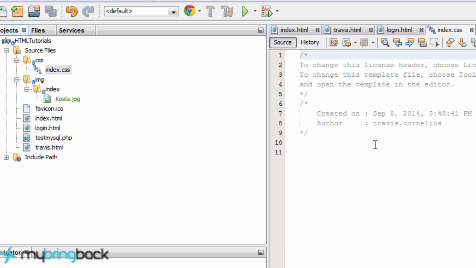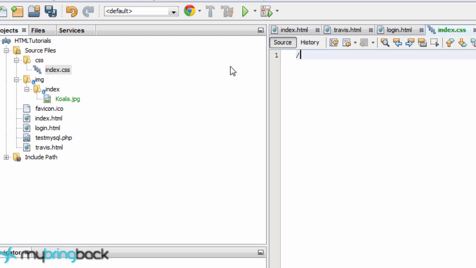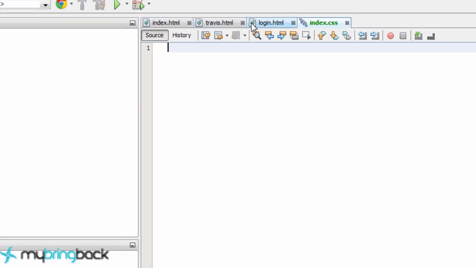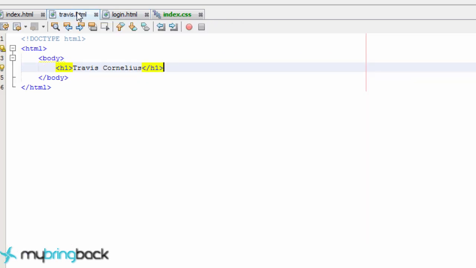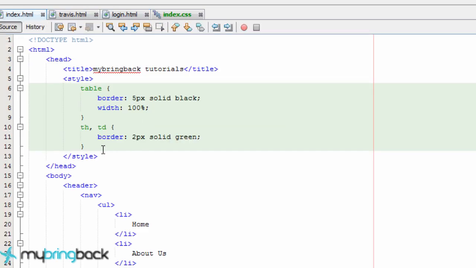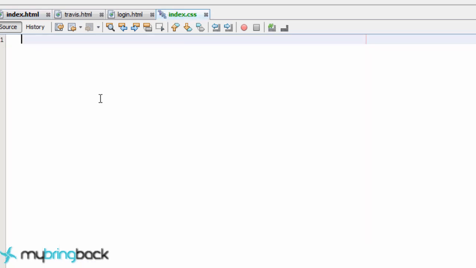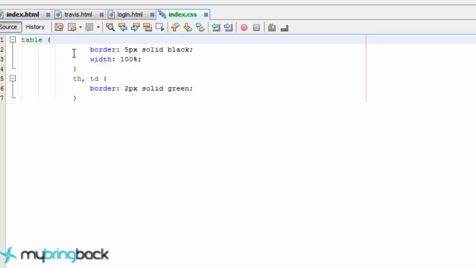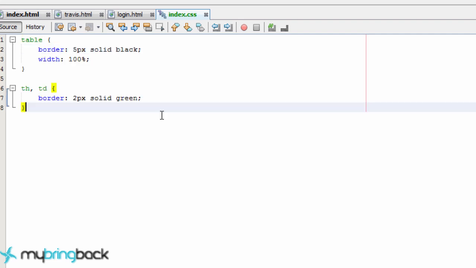All right. So now that we have our new CSS file, let's rip this stuff out and add the CSS we had previously. So if we go back to the index.html page, we're just going to grab what we have so far, cut that, and paste it within our CSS file. Maybe clean up the structure a little bit. So now we have something nice and clean, so we can save that